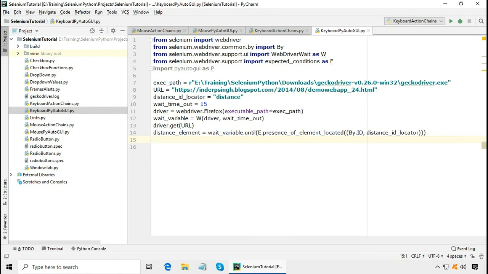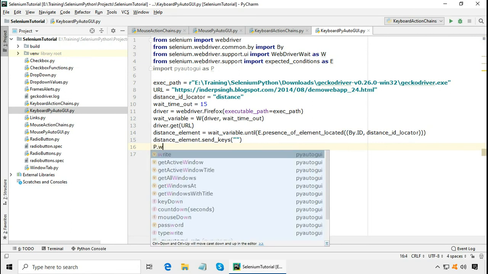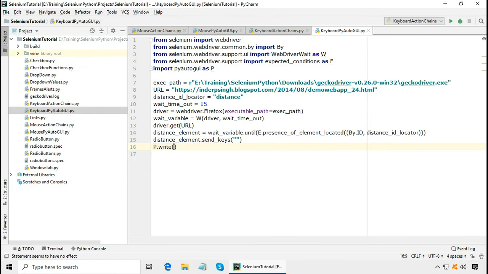First, let us use Selenium Python send keys. Distance element dot send keys, and let us send an empty string. Sending an empty string is for Python Selenium set focus to the distance web element. Now let us start using the PyAutoGUI library. P is the alias for that. P dot write, and let us write 1 2 3 4 5